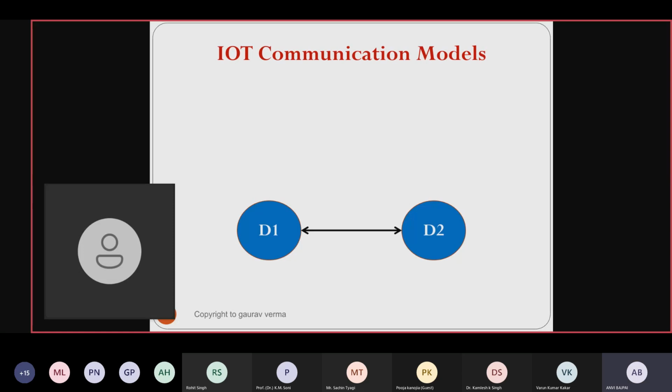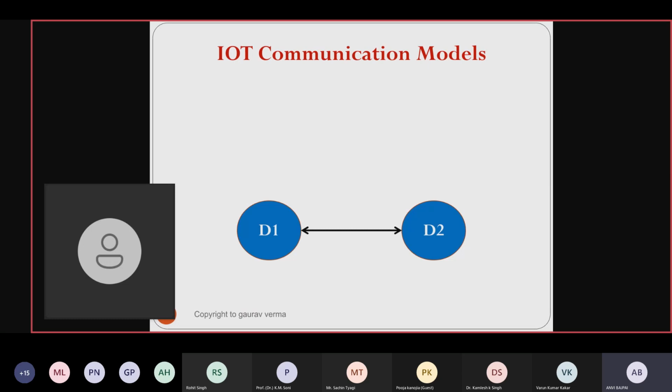Now let us understand how we can set up an IoT framework, and in what ways devices can communicate with each other. What are the different communication models that have been suggested, and how can we utilize these communication models to exchange data over the internet? The first model that you can see over here